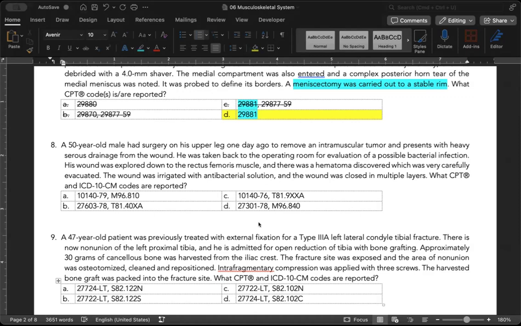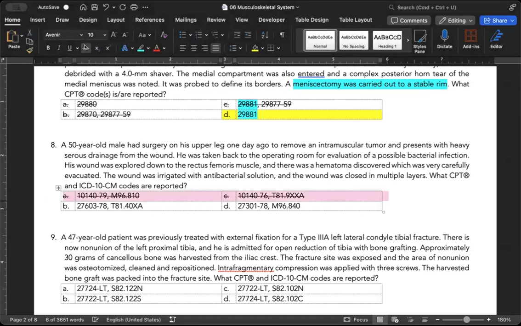10140 is an incision and drainage of hematoma and then seroma or fluid collection. But remember, we are in an intramuscular setting, so 10140 is not going to be our code, because we're intramuscular, which puts us in the musculoskeletal system, not within the integument. So now let's go look at